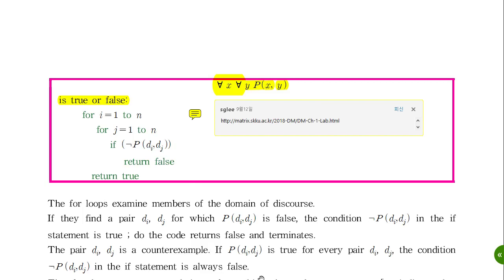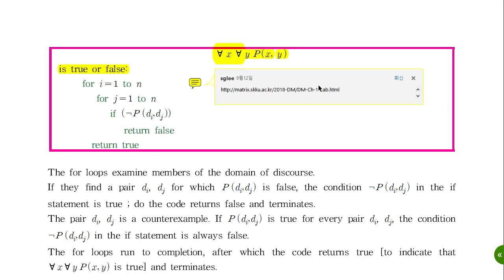Indexing i and j, and check for each i, check all j's, and for the next i, check all j's. That will check all the possibilities. You can use this